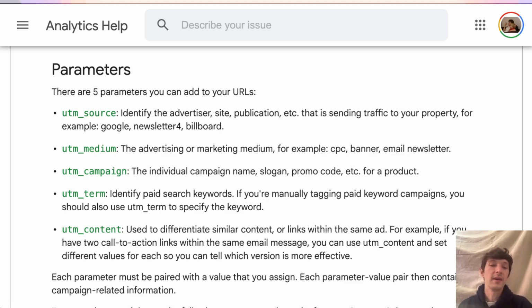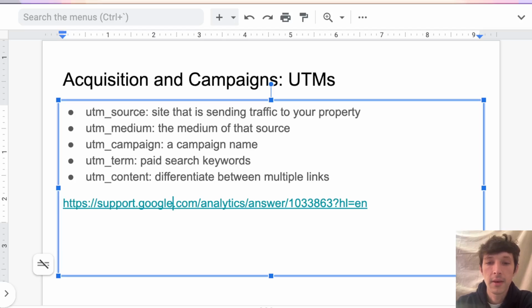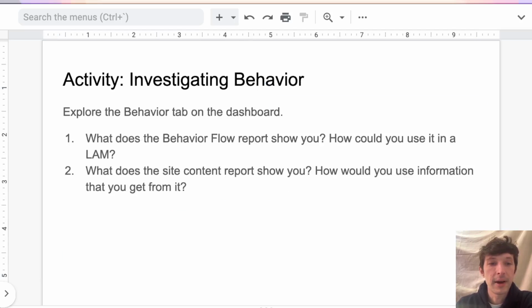If you're running a survey, it can be useful to use that to track which listservs am I launching that survey on? Or if you're publishing a report, if you're doing things like that, it can be helpful to really uniquely identify a very particular push of information in order to understand which channels you're using are the most valuable ones, so you can launch information on there in the future again. All right, so that is talking about our